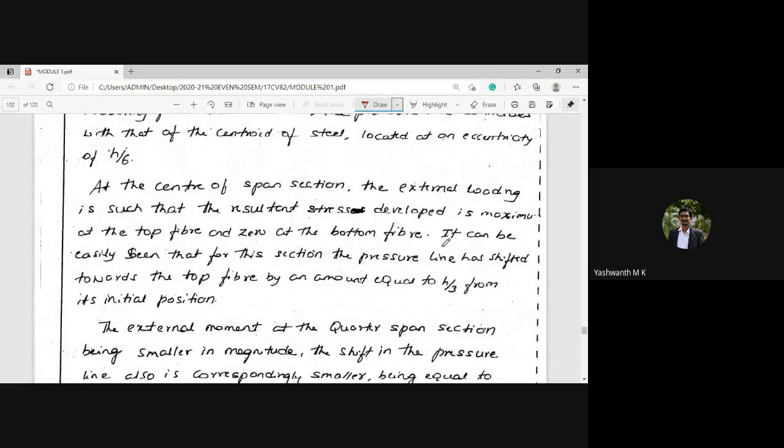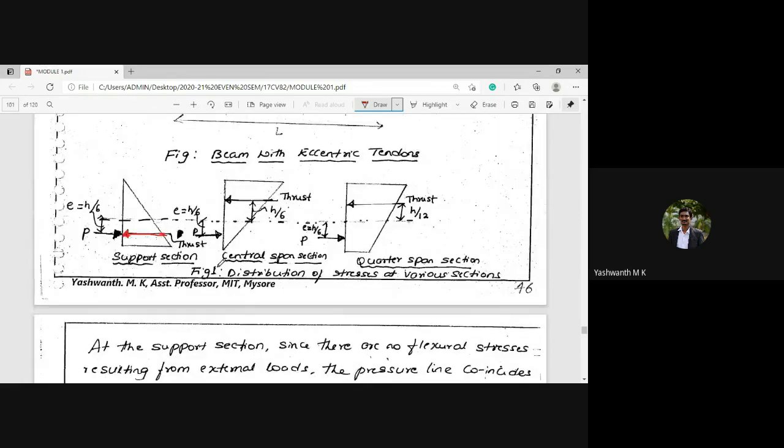Next, it can be easily seen that for this section, the pressure line has been shifted towards the top fiber by an amount equal to h by 3 from its initial position. So please note here, as I stated, this will be the pre-stressing force induced through the central axis of the steel. Now, whatever the thrust line or pressure line which was there at the support section, which was coinciding at the support section, has been shifted,